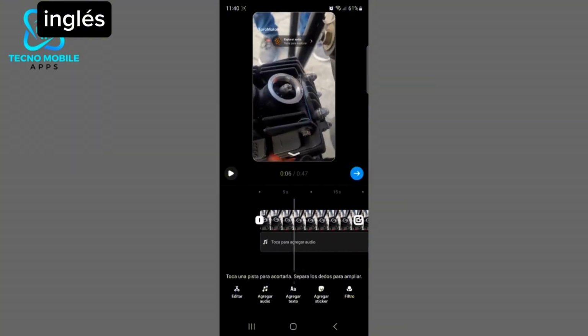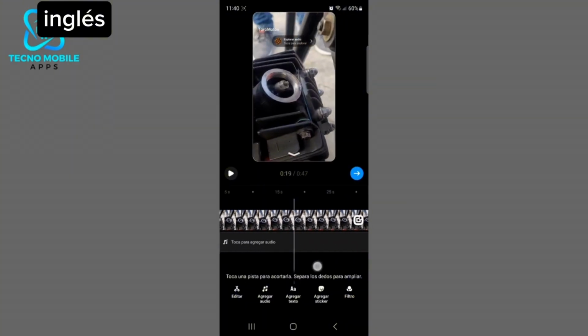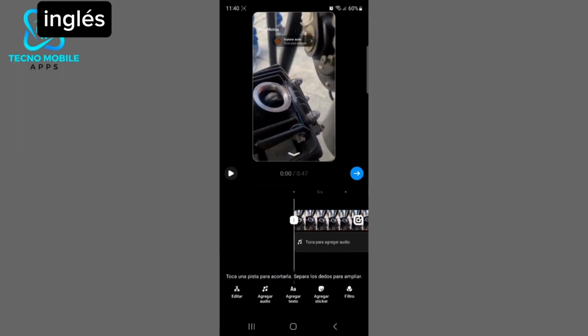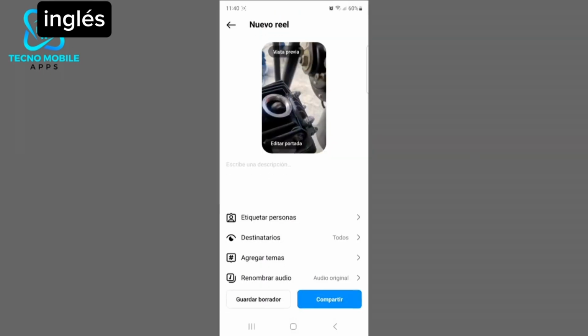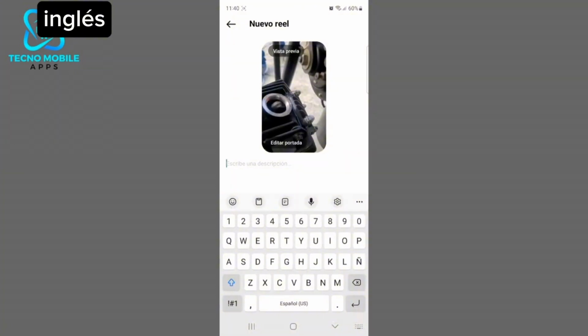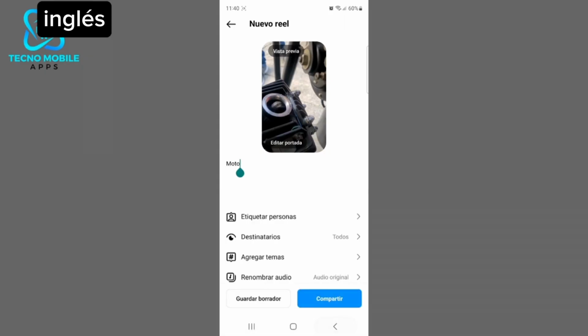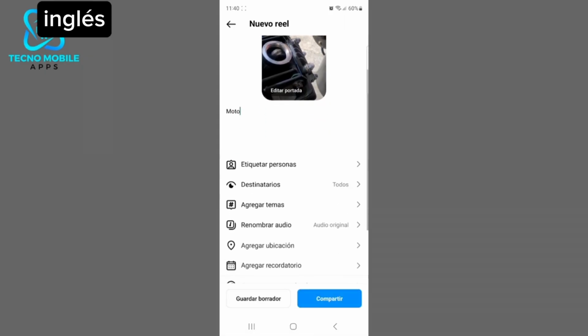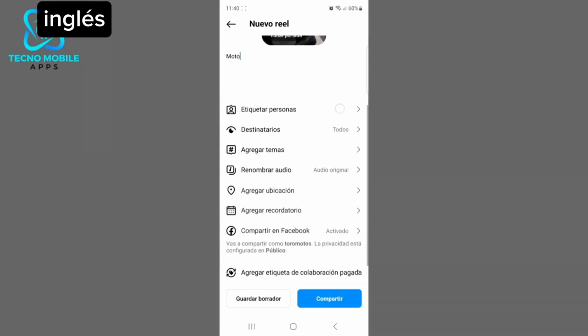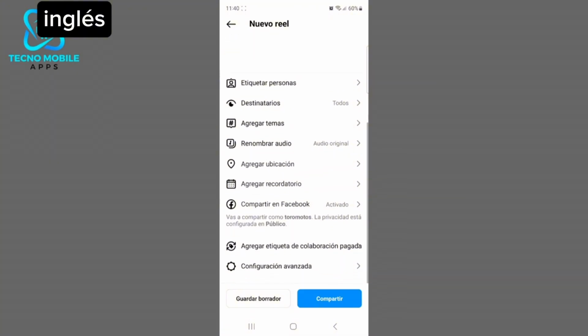Here we can already edit it, trim it, add the music, add the text. If we already have the video as we want it, we click next, and here, for example, we can give the video a name. For example, let's put motorcycle. No, there we already have the name of the video, and here are several options to tag people, to